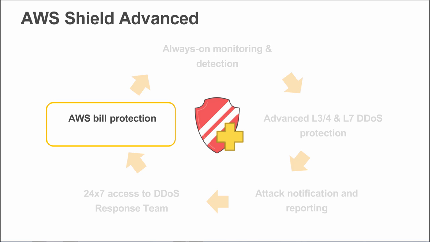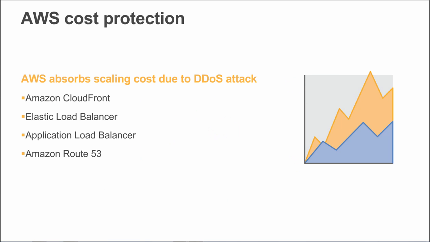The last capability that I want to talk to you about today is bill protection. Bill protection is often a feature that's very useful for layer 7 DDoS attacks. Sometimes during a layer 7 DDoS attack, you might have to scale your AWS services and your application to absorb the DDoS attack, because there will be occasions when absorbing the DDoS attack is a perfectly viable mitigation tactic that you can use. And for those instances,